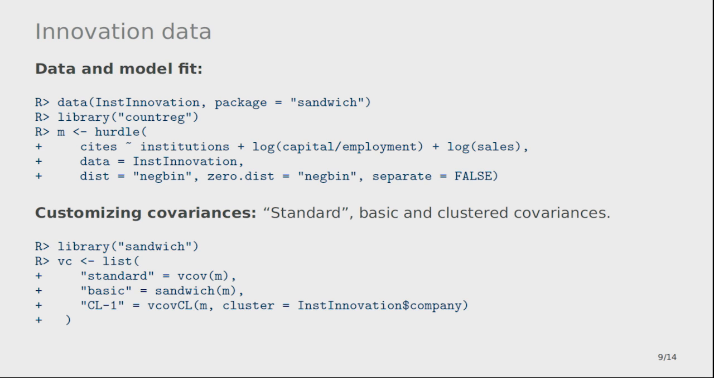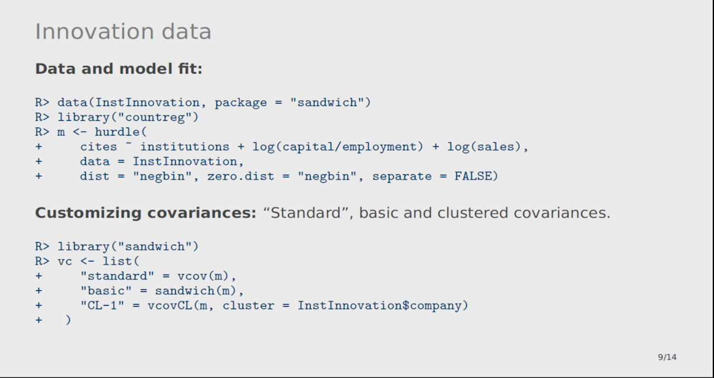Well, data from Aerts et al. are also now in the sandwich package, and a negative binomial hurdle model is fitted with the hurdle function from the countreg package. If we then compare our standard covariances as extracted from vcov, which is typically based on the maximum likelihood estimate and relies on the assumption of a correctly specified model with independent observations,